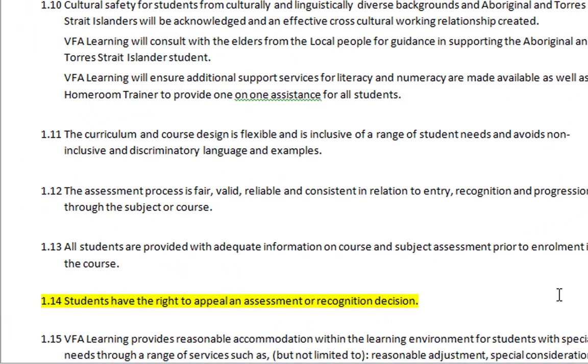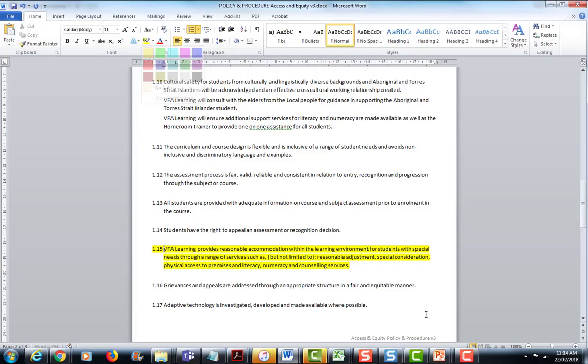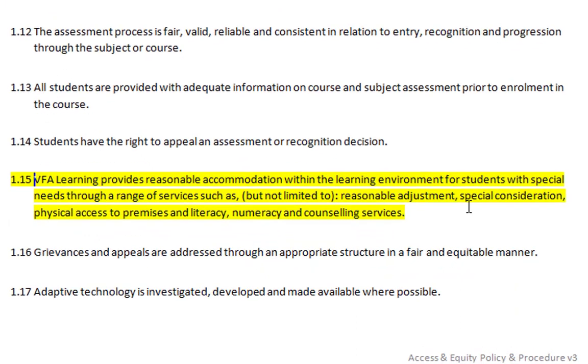This is what it's all going to be about, and this is what the commitment's going to be. Students have the right to appeal an assessment or recognition decision, which we'll discuss in a later video, but it's really important as part of our fairness process that students get the right to appeal a decision. VFA Learning has reasonable adjustment in place. This relates to being able to adjust assessments to accommodate students' needs. Again, we'll discuss this in more depth when we look at reasonable adjustment, which is a separate section of the